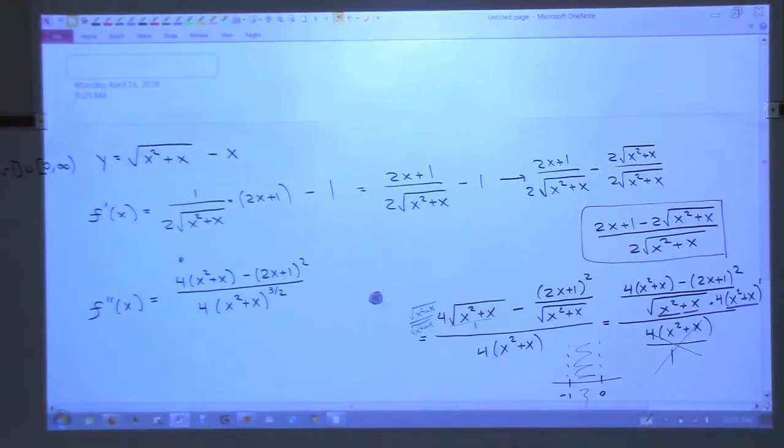So, do we say just the top for second derivative? Do we say